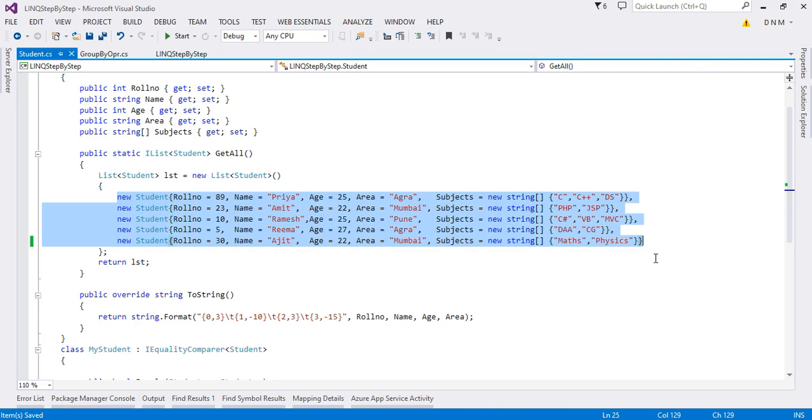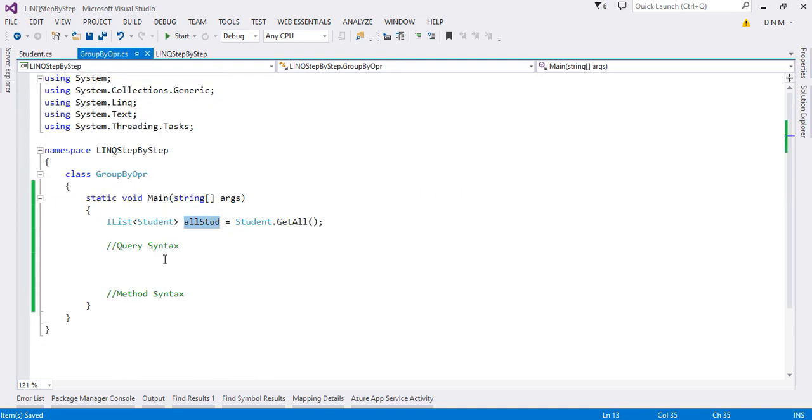This is our data, right? Now here you can group your data either by age or area. Only these two fields can be common in this collection, otherwise roll number is going to be unique. Even name, to some extent, can be unique, but age can be the same. Multiple students' age can be the same. Even multiple students share the same area. So either you can group by age or you can group by area. So let us group it by age.